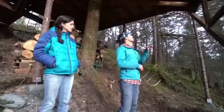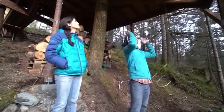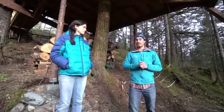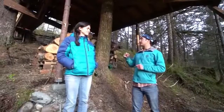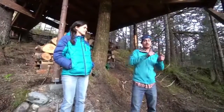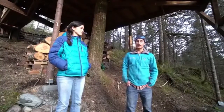And then to actually get the beams up was super challenging. The main 3 beams that run lengthwise are 12 inch by 4 inch by 24 foot pressure treated beams. So we had Jane, myself, and 3 other guides carry them down the hill. They weigh about 330 pounds each, and then we actually had a beam across where this tree is here that we cantilevered out onto and then slid it the rest of the way. That was the only time that we had that many people working on it. For raising the